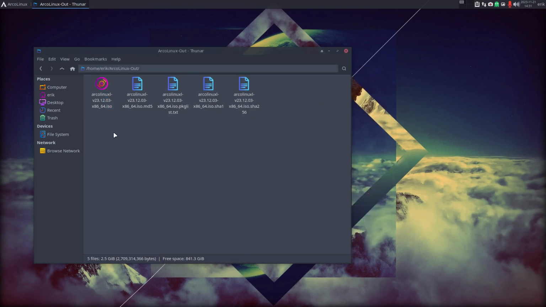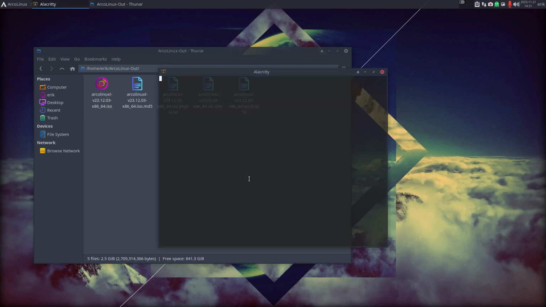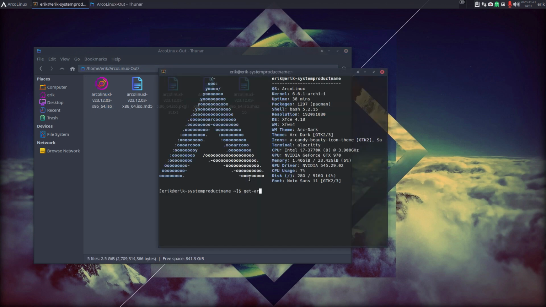Now, the topic of the video is I want to test something out with XFCE inside VirtualBox. Now, VirtualBox is not installed. Super F7 is normally the link, right? But if it's not installed, it's not going to work. What I personally do is get